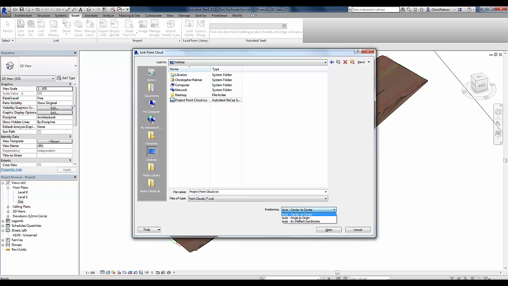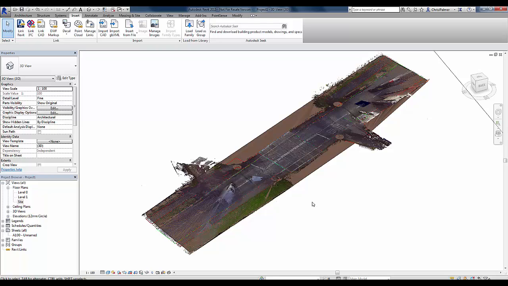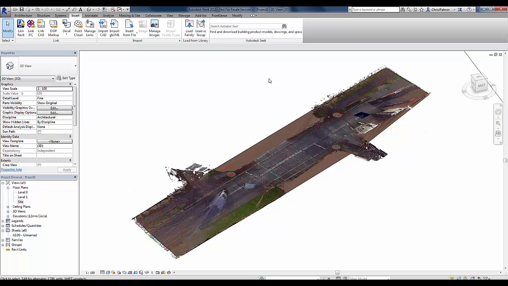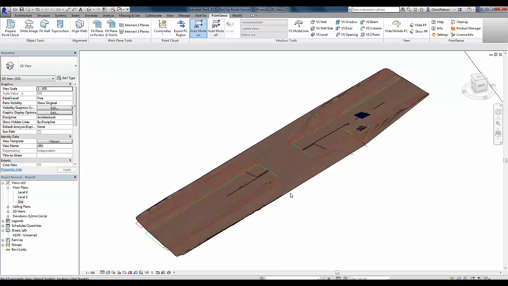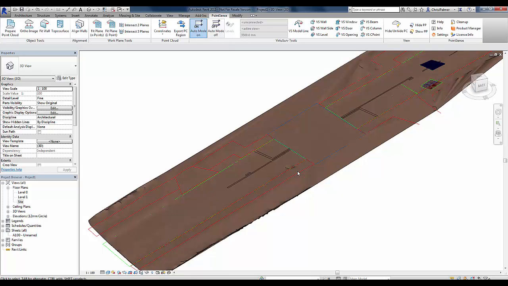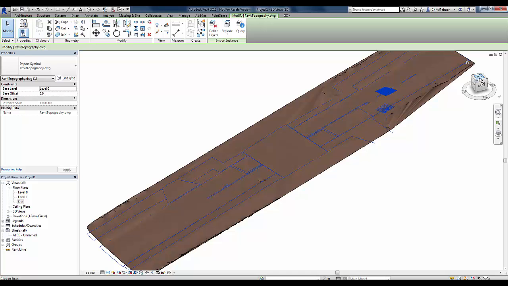And I'm going to bring that in origin to origin, just to show that everything's aligned once it's brought through into Revit. There we go. Okay, and I'm just going to use my Point Sense tab to hide that point cloud. Now, if we just navigate around here, the next step will be to divide this topo surface up using the line work as a kind of guide. So if we just drop down into a top-down view,